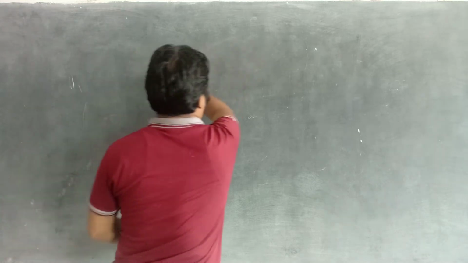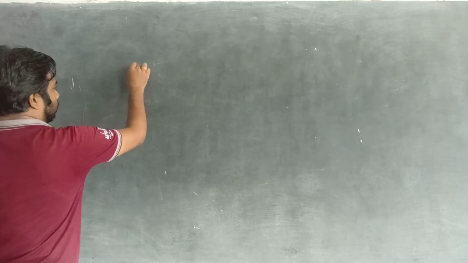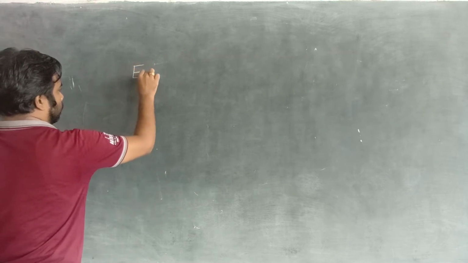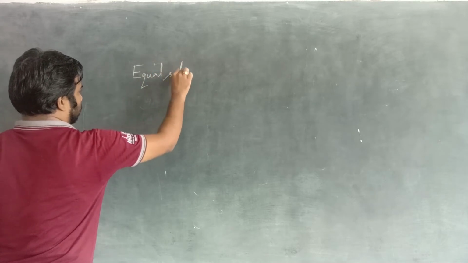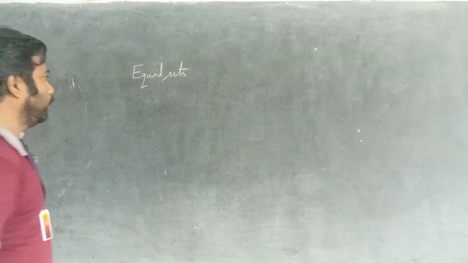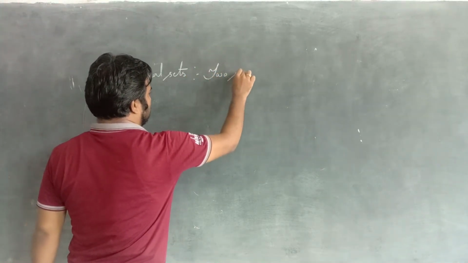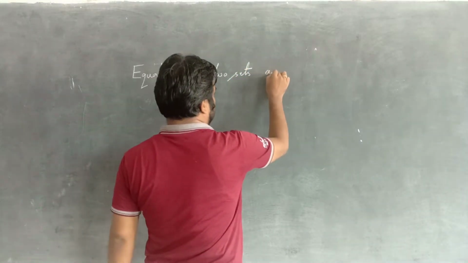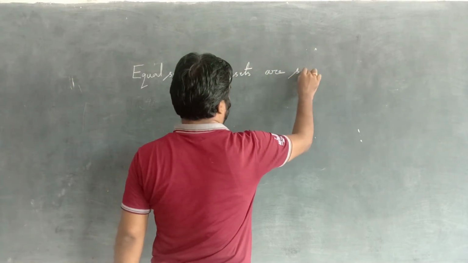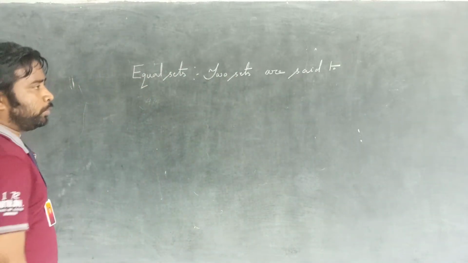Equal sets. Two sets are said to be equal